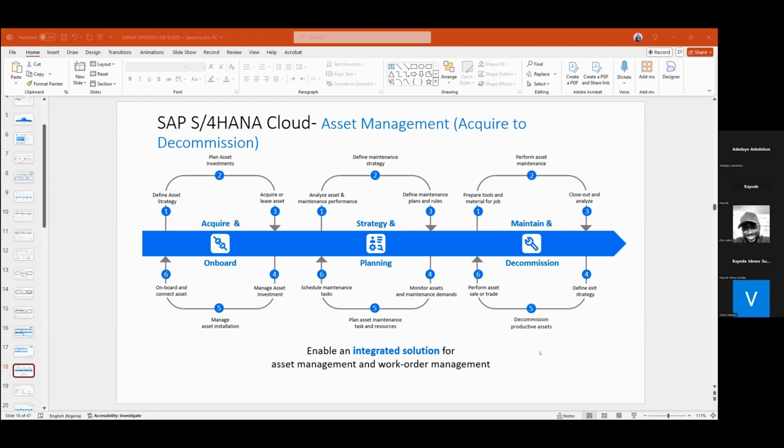If we see closely, we actually see the acquire.